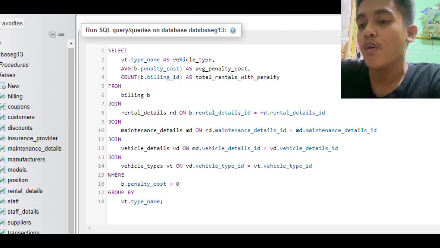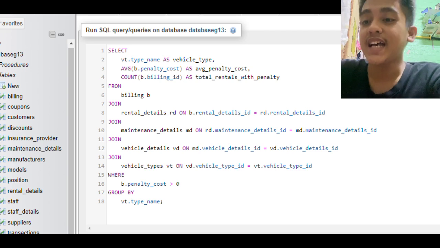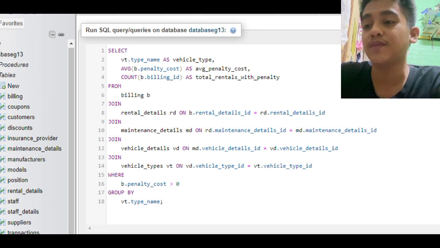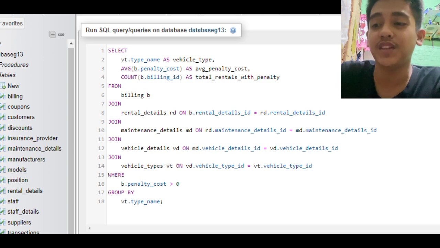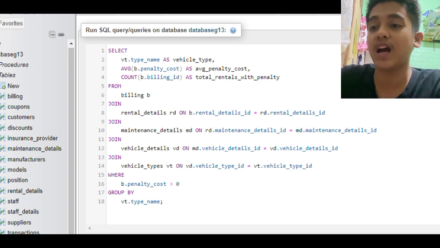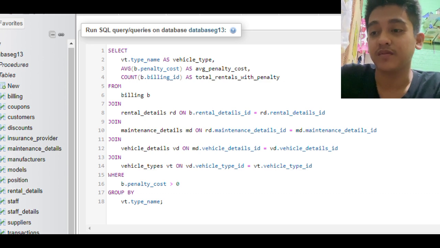So now, let's begin with selecting columns. VT.type_name as vehicle_type retrieves the name of each vehicle type. The next is AVG(penalty_cost) as average_penalty_cost.